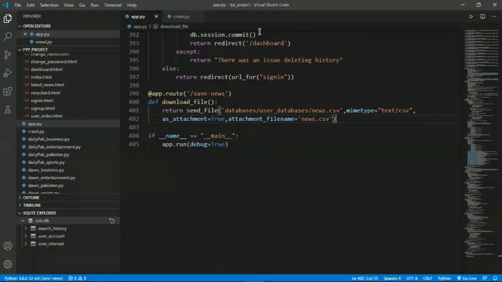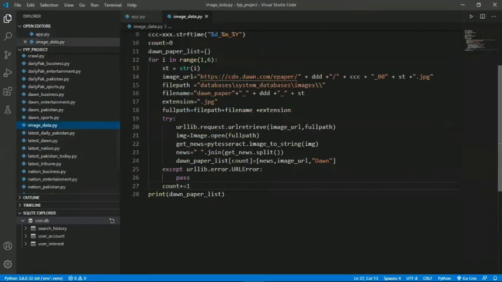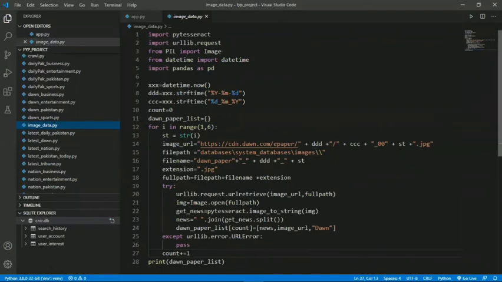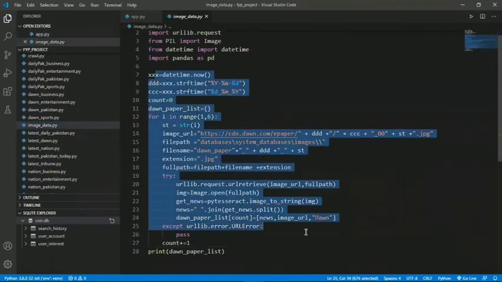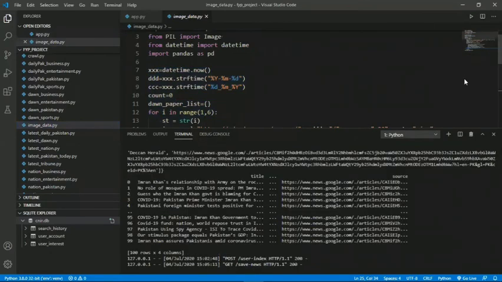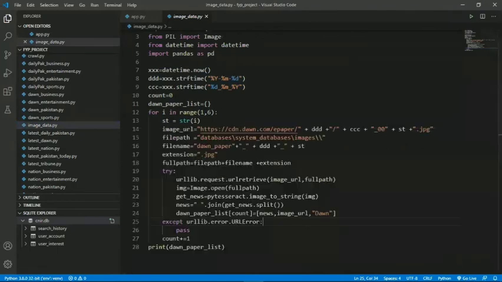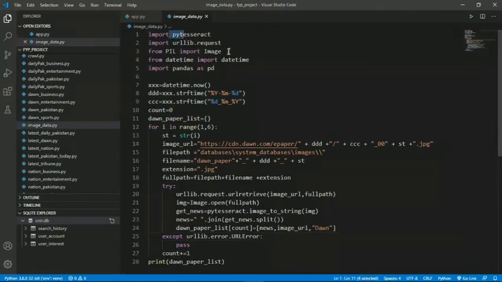Now I will show you the OCR through which the images from different newspapers are being downloaded and being converted into text. Now I will open the image.data file. Yes. So here you can see all the functionalities have been implemented, and through this file we are basically downloading different images of the newspapers, converting them into text using OCR, PyTesseract. You can see that these have been converted from newspapers.